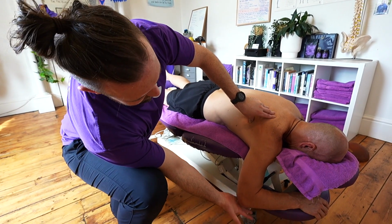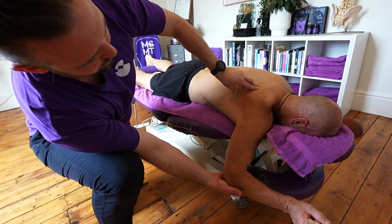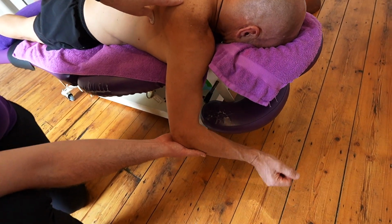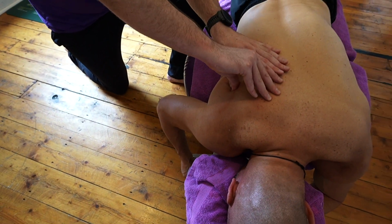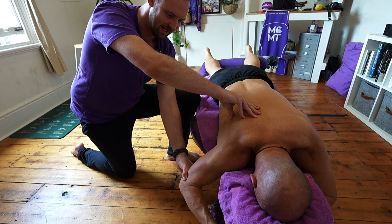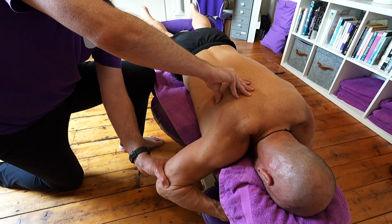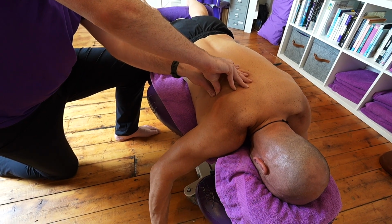So what I'm going to get you to do, Ninja, I'm just going to use my hand as a bit of a base there. If you can do that rotation movement again. Boom, there we go, and coming back in. So I'm just going to maintain my pressure on that muscle. There we go. In fact, I might even need to get both thumbs on that. You want me to move? Yep, just rotate your arm. Yeah, that's good, man. Just out like that, really good, and then coming back in. And so that rotation's coming from his shoulder as well. Really good, man. As we really just pin into some of those